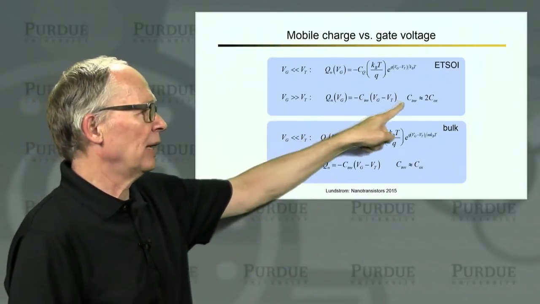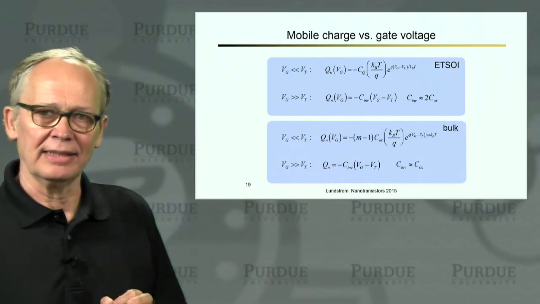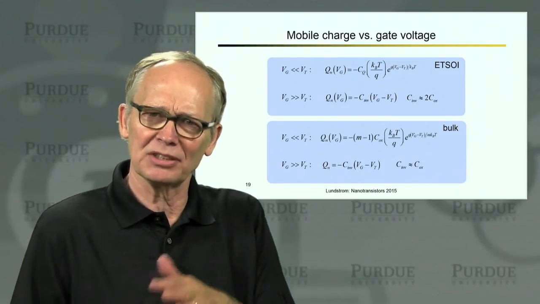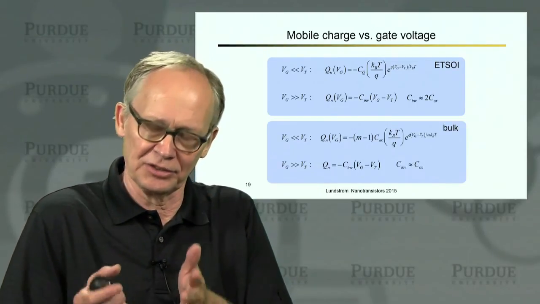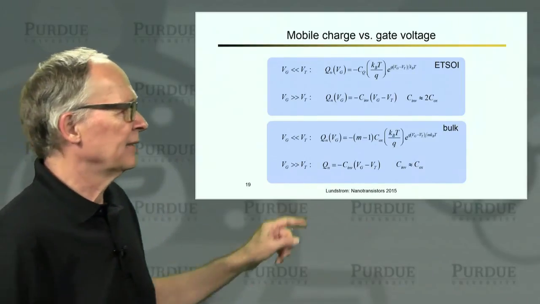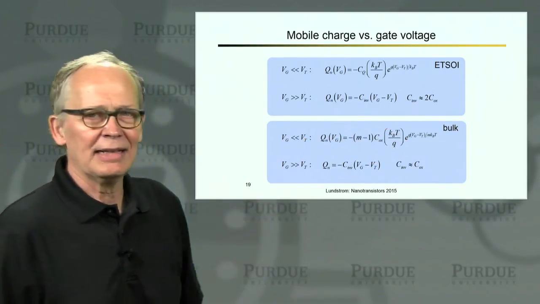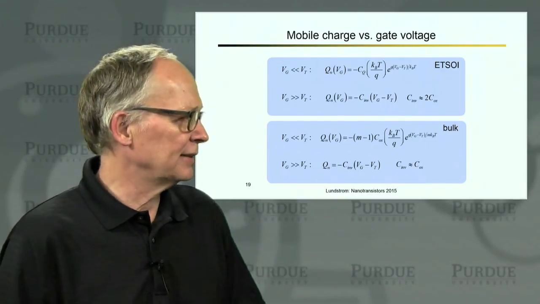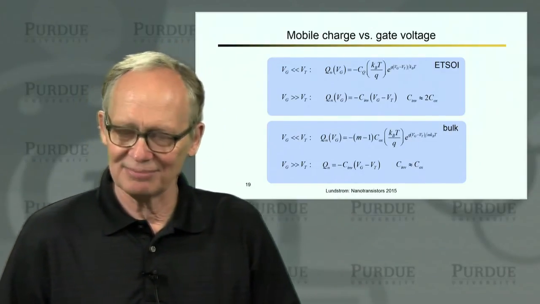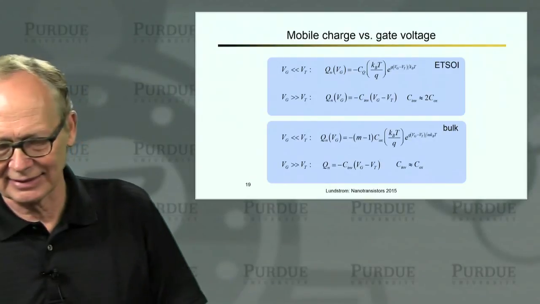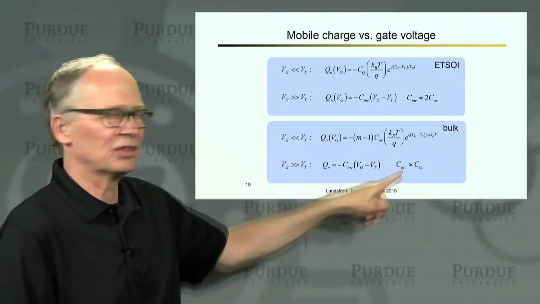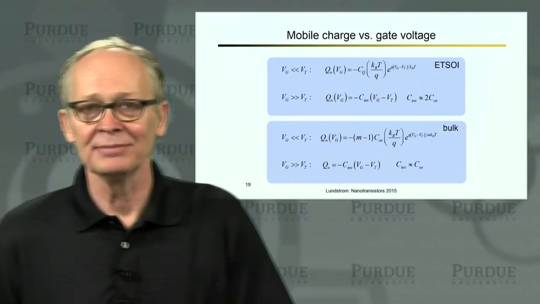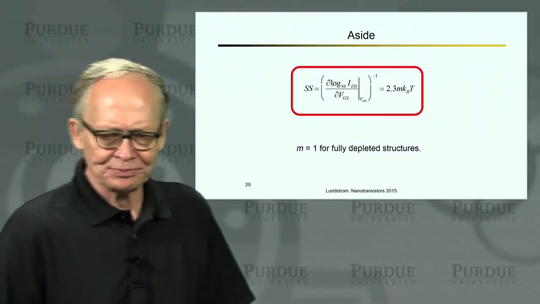In the ETSOI structure, the double gate ETSOI structure, the one that has a gate on the top and the gate on the bottom, which is sort of like a FinFET, where the thing is just turned vertically. In the double gate structure, the gate capacitance in inversion is roughly twice Cox because of those two gates. Actually, less because of the quantum capacitance. And in the single gate structure, we only have 1 Cox. A little bit less because of the semiconductor capacitance.